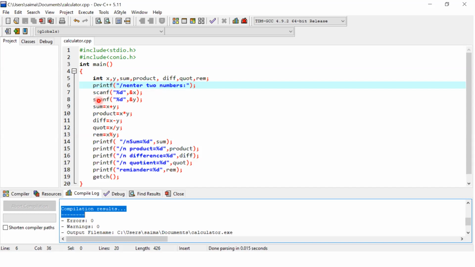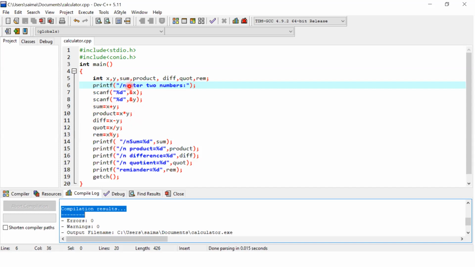scanf is used for the input function: small bracket, in double quotes, percent d, comma and x. Whatever the value of x is will come here. Okay, scanf, whatever the value of y is will be declared here. After that, when we have taken the values from the users, we will apply the formulas according to the demand of the users: either the sum, product, difference, quotient or the remainder. Okay, so all these formulas will be applied.